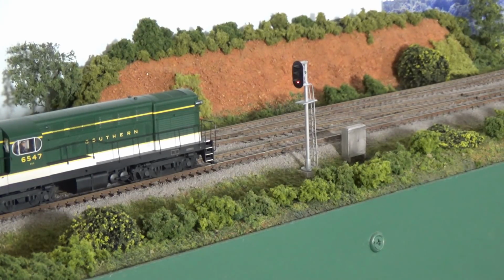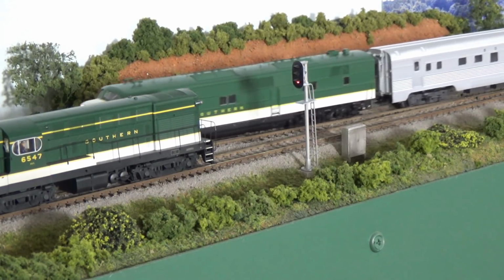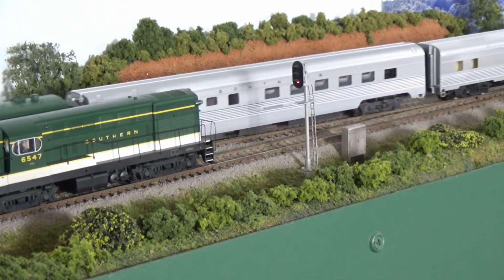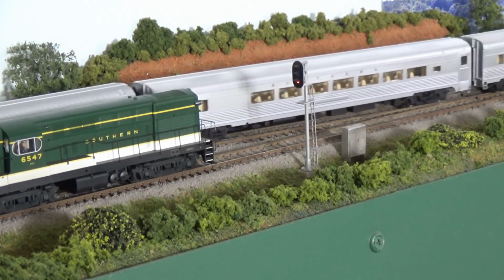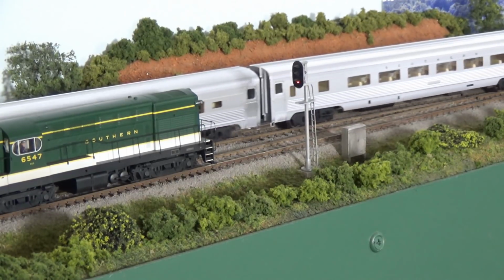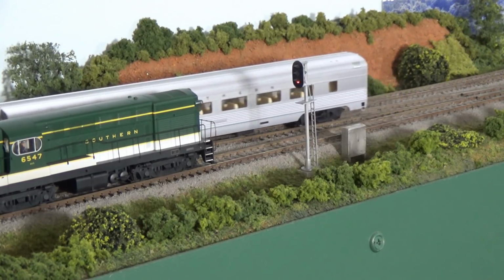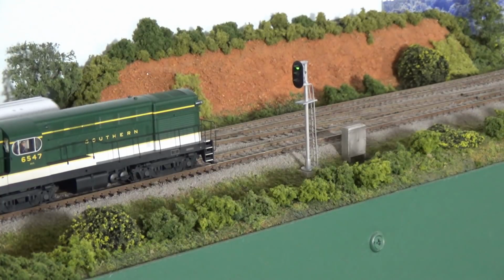And the locomotive from the north is approaching across the bridge, and he's going to start diverging. And the tail end of the train will uncover that photodetector, and things will start to happen. So it's uncovered it now, and we're doing about a 15-20 second countdown before this goes green. So if you watch close, we're clearing the signal now, and you can see we got the timing down real close there. Now he has a green light to go north